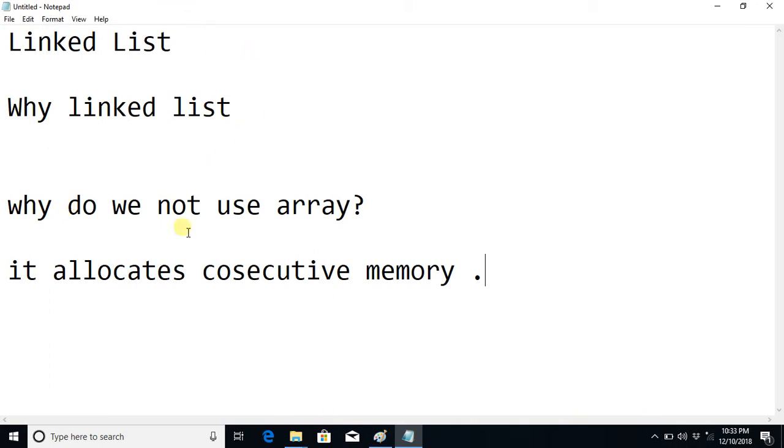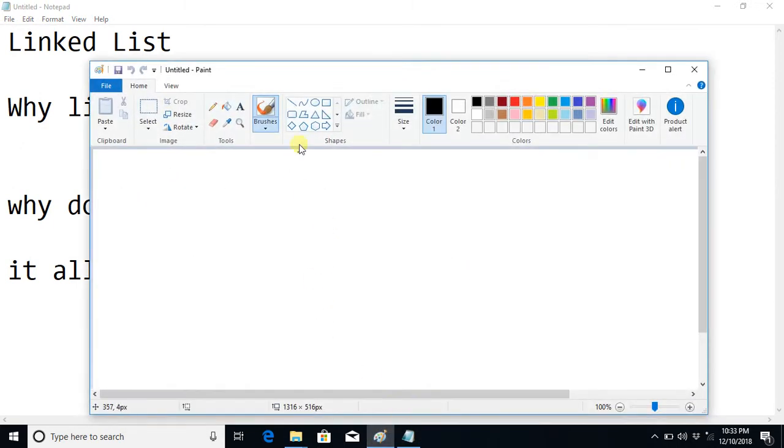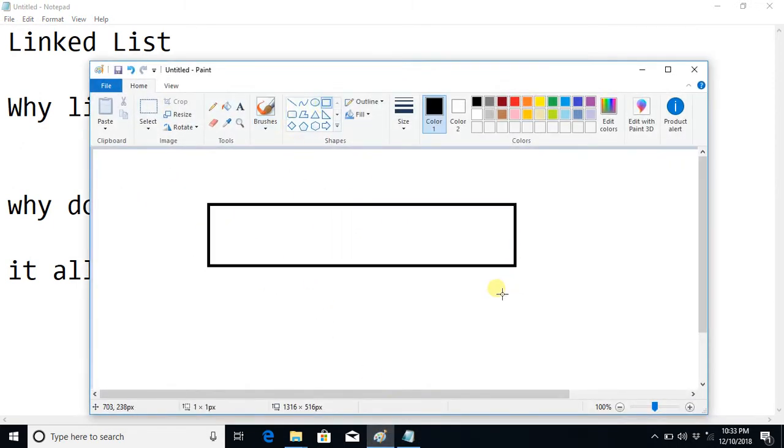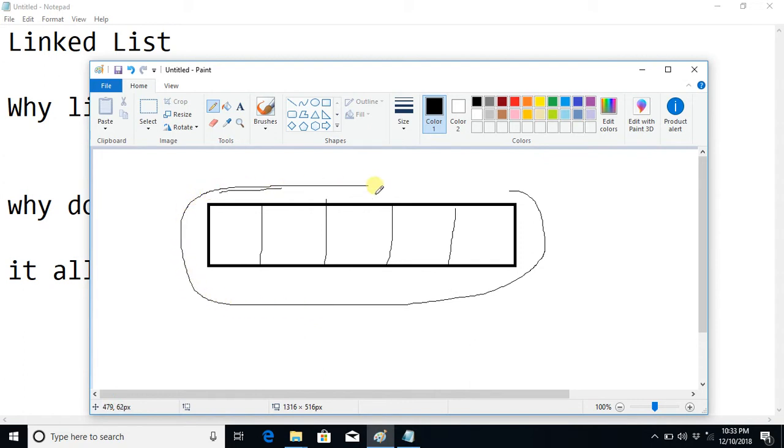Like if you declare an array of size 5, here it has 5 cells, 2, 3, 4 and 5. This memory is allocated in a consecutive block, and so it's a problem because sometimes we may not have memory available as a consecutive